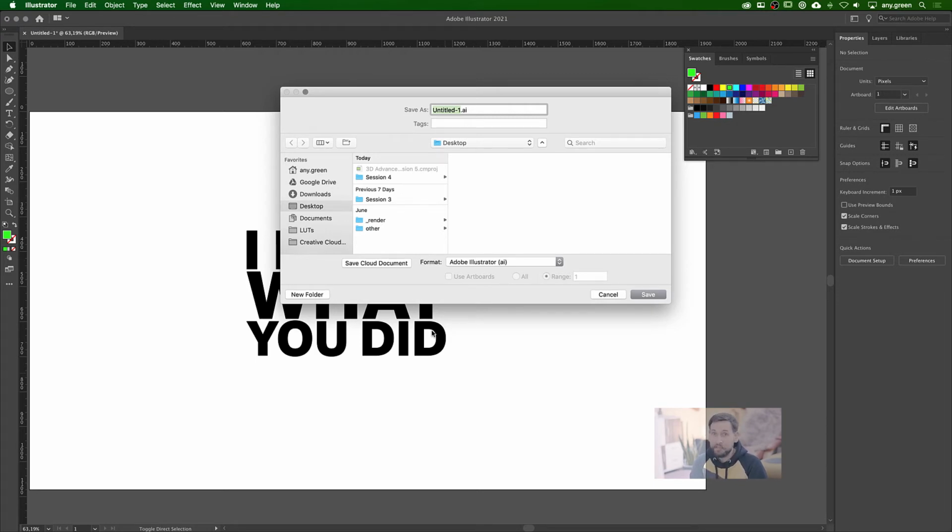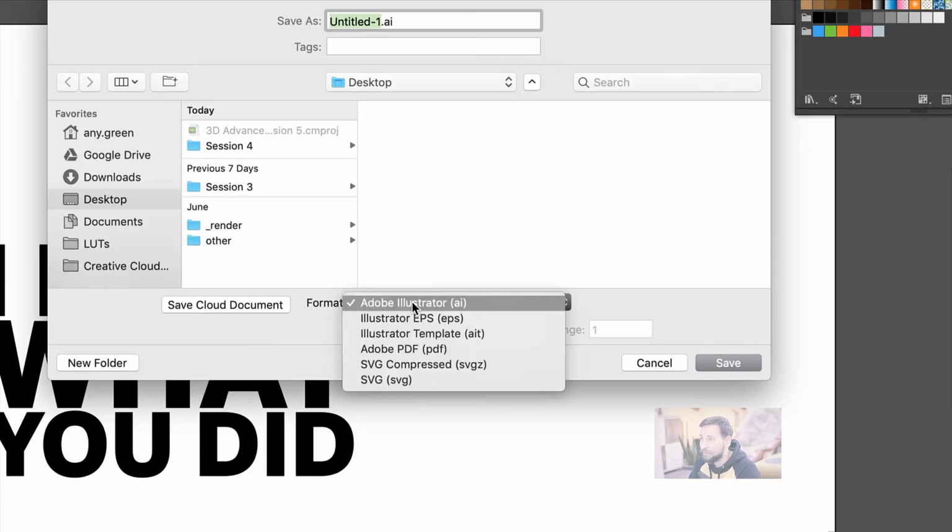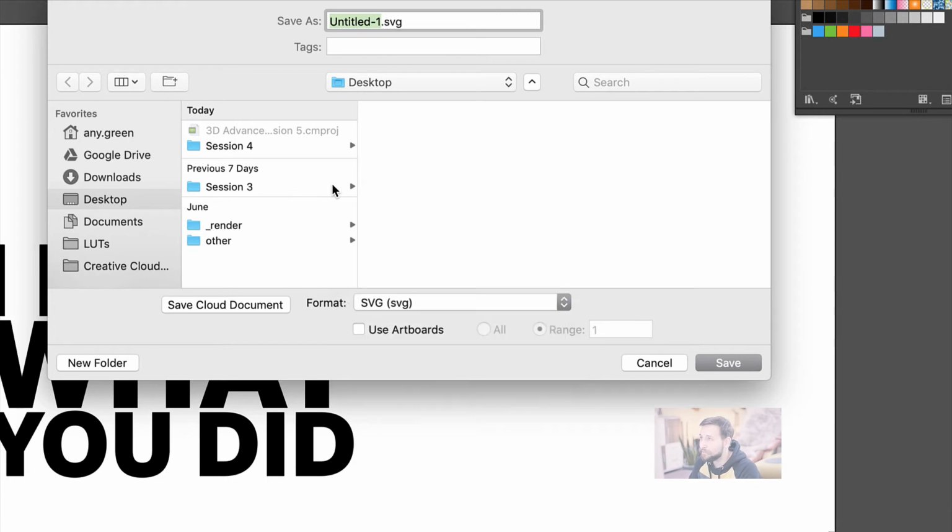For Blender, much easier, it just needs to be an SVG. So here, under Format, we choose SVG. I have not tried to use the compressed version, but it does not have to be compressed. I mean, these files will not be large anyways. So let's go to SVG, and let's call this one